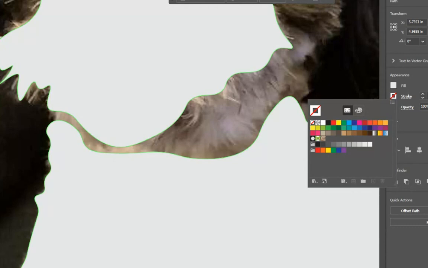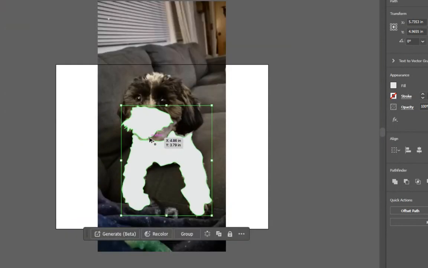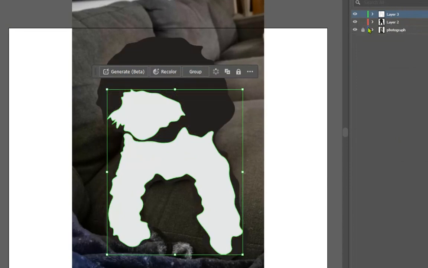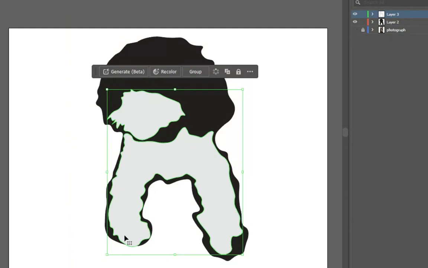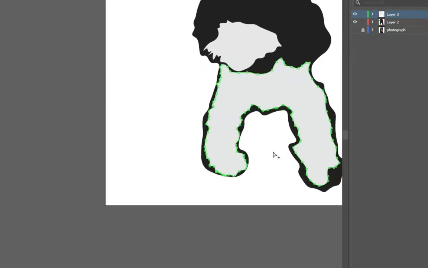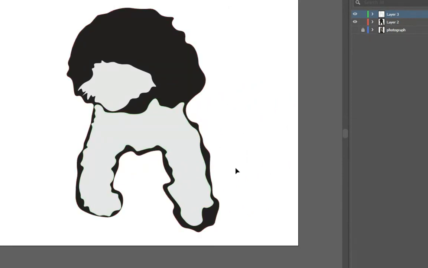Okay, and what I hope you can see when I zoom out is, if I turn on the black outline now and I get rid of the background layer, it looks like I went a little bit out of the lines here, so I can fix that. But hopefully what you can see is that there's a space between the outside edge of the shape where I traced the edge of Winnie and the black edge of the outline shape, okay, which creates an impression of the body there,